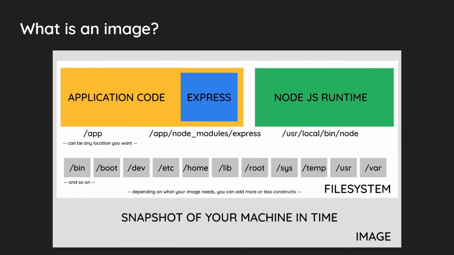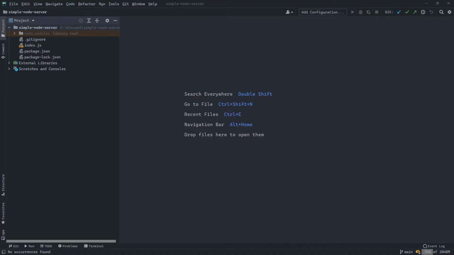In our example, we will choose to store our source code for the web server under this location called /app. And because our root is /app, inside it we'll have Node modules and Express, the same way in your local machine you have Node modules and Express. Since Node is required to run this application, we will also compose our image to come with Node pre-installed. The location where Node is usually installed is /usr/local/bin/node.